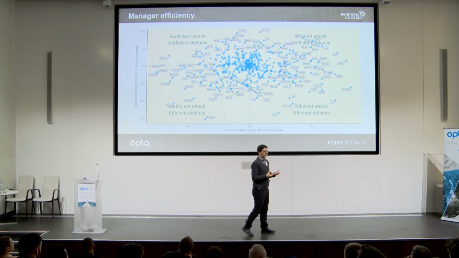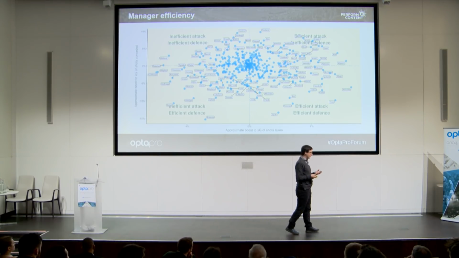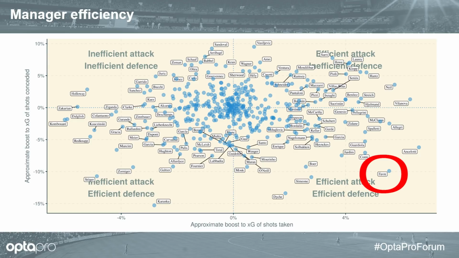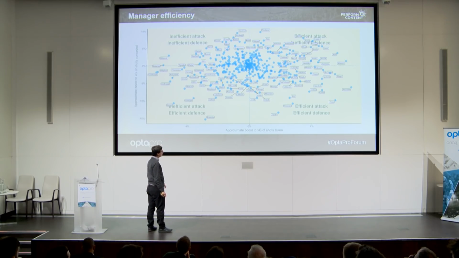And this is something that has been known in the stats community for a while, that he's the manager who breaks all your XG models. Sean Dyche is exceptional on the defense side and also positive on the attack side. Aitor Karanka is the strongest manager defensively, or most efficient manager defensively here, but it looks like on the attacking side, he doesn't actually help that much.